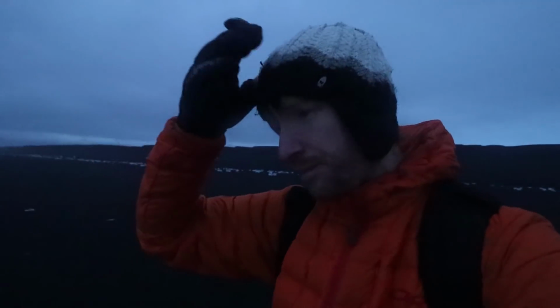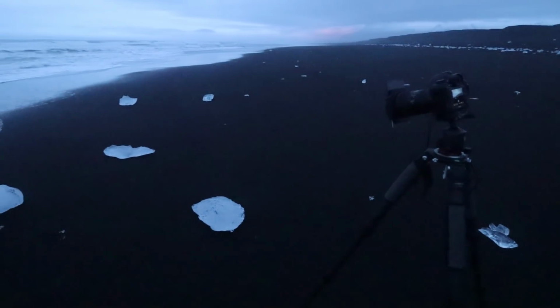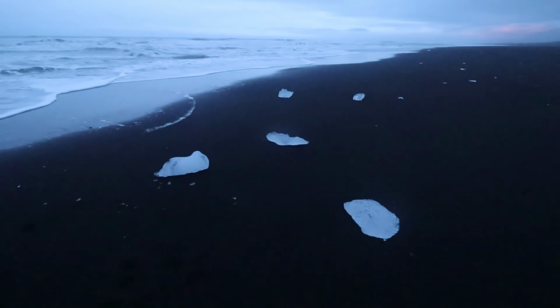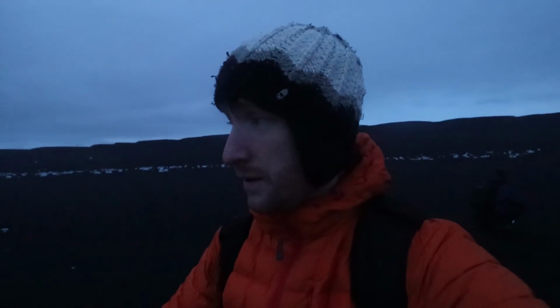So for that I do apologise, but just at the 11th hour, just as it's getting dark, just as it's time to leave, I wanted to share this final composition with you. It's a very simple minimalist composition of a very small group of icebergs. We are right at the bottom end of the beach here. There are no more icebergs beyond this point, and the icebergs we do have are tiny,